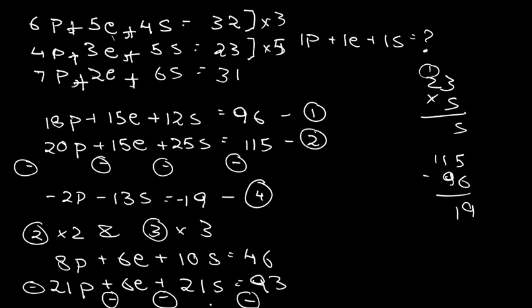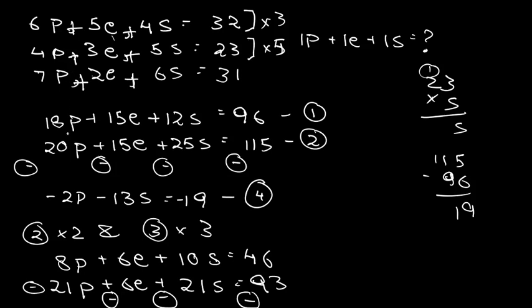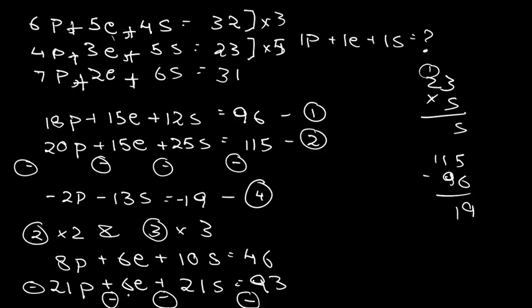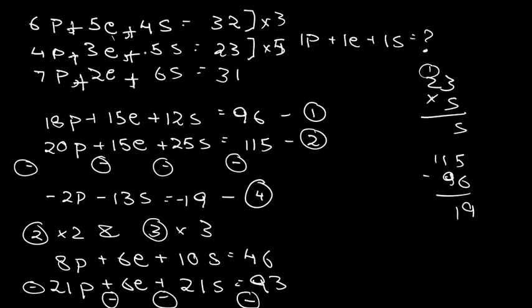So you are going to subtract it from over here, and what you will get? You will get a linear equation in two variables. Again, see, 21 minus 8 is basically equals to 13, and minus sign again, so minus 13p. Then from here you will get 6 minus 6 is equals to 0, no problem in that. 21 minus 10 is equals to minus 11, minus 11s, and it will be equals to what?